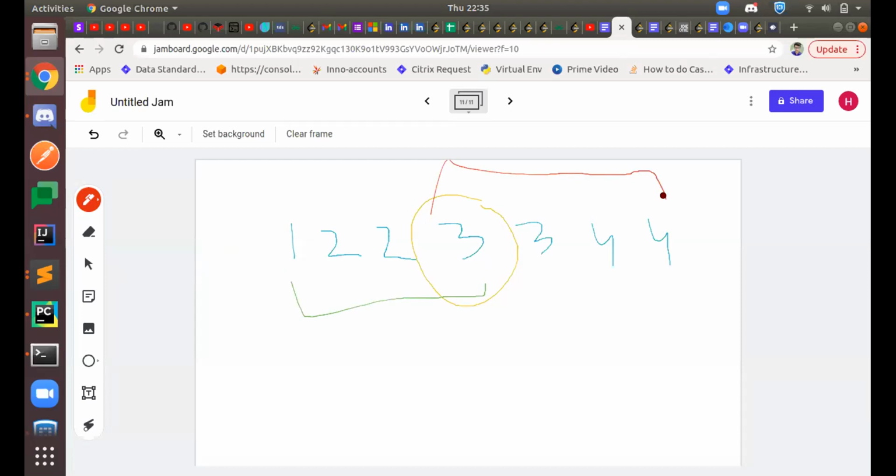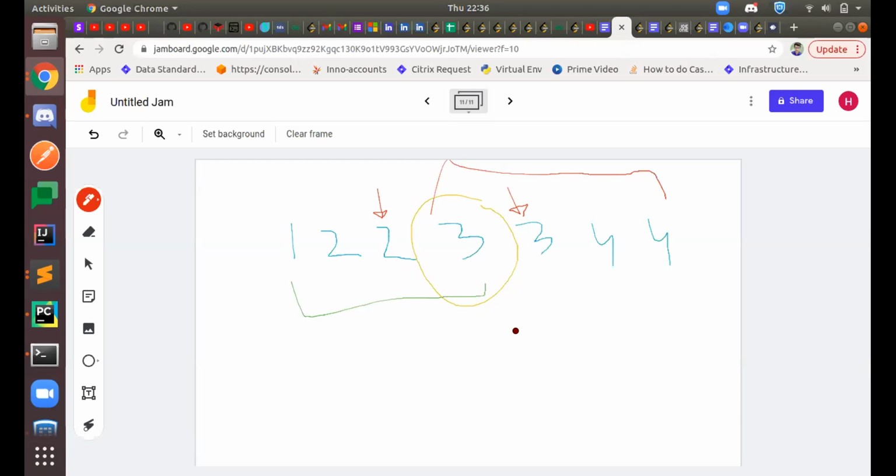Let's go for the negative case. As in, let's say you have this occurring twice, right? So either you can have a 3 at this position or you can have the other one at this position. So let's figure that out first, and then you find out the size.